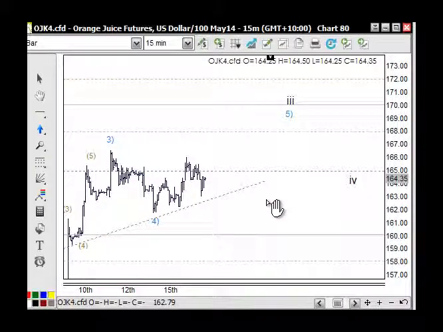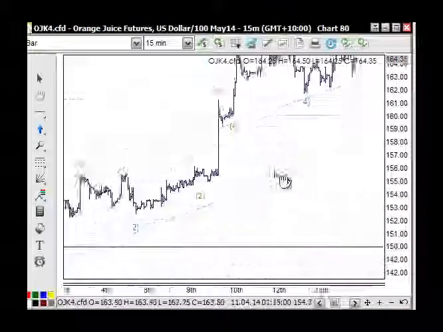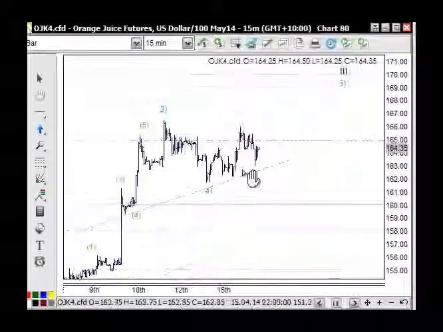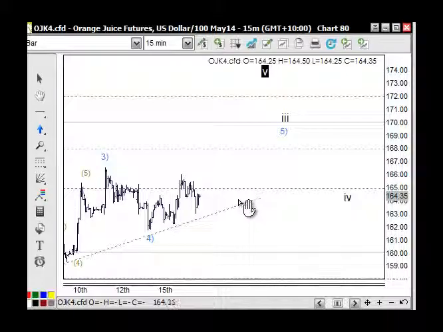But the main point is that we continue to buy long. We're long all the way up through here. We need to continue that campaign and just sort of